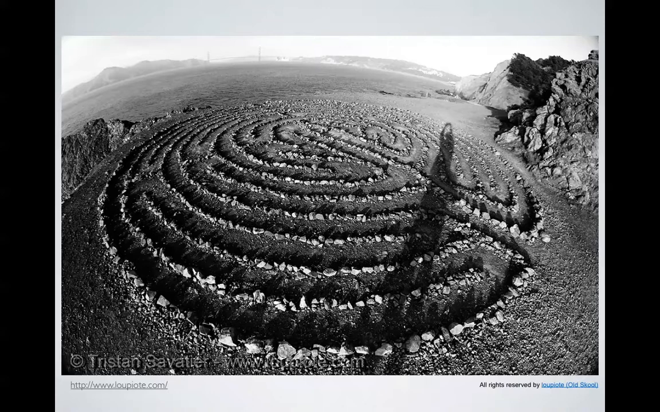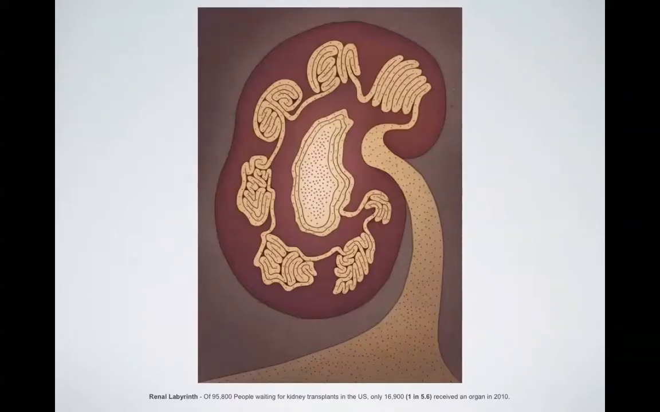What their journey must be like, and what that means to them, and what that means to us as a society. So keeping these things in mind, I've come up with this method of displaying that information. This is the image that I'm calling the Renal Labyrinth, and again you can see the data at the bottom. Essentially 1 in 5.6 people